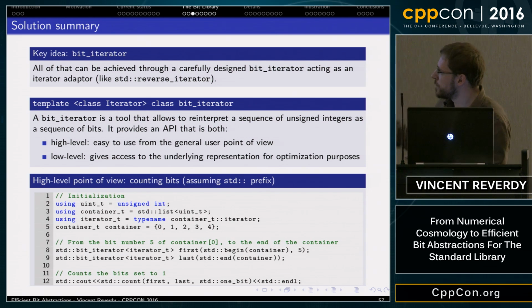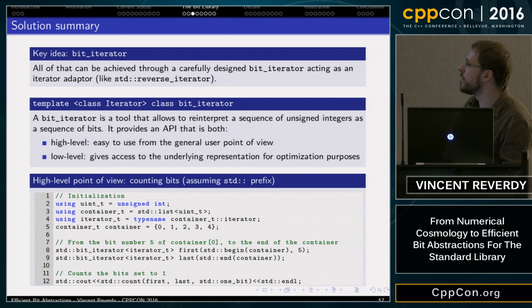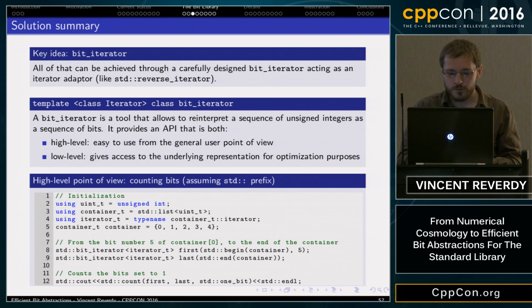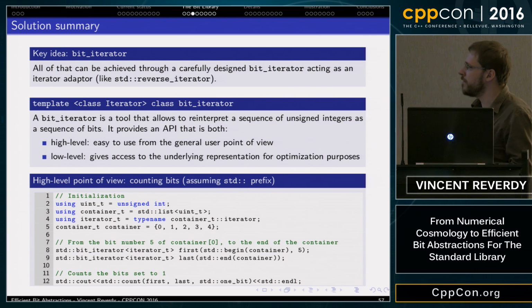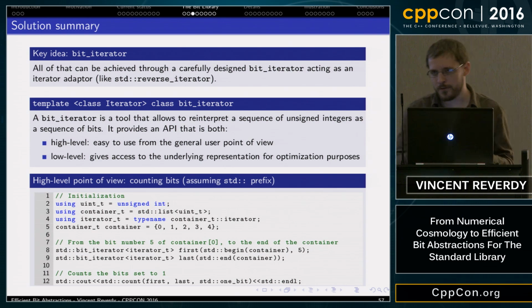And you want to end your sequence on the last element of the container. Then you can execute a standard algorithm on this sequence between first and last, for example, to count the bits that are set to 1, and it will return the number of bits that are set to 1 in a very efficient manner.